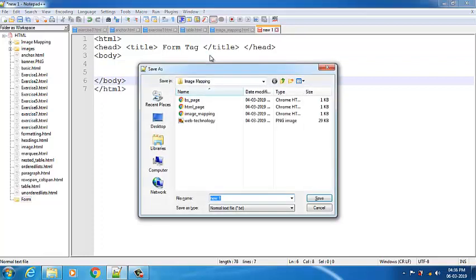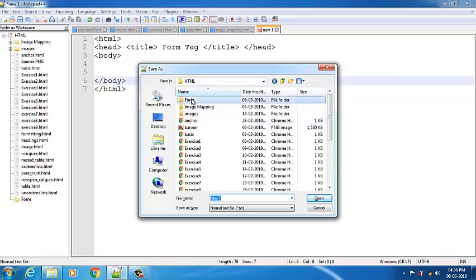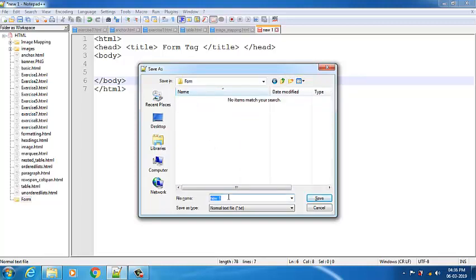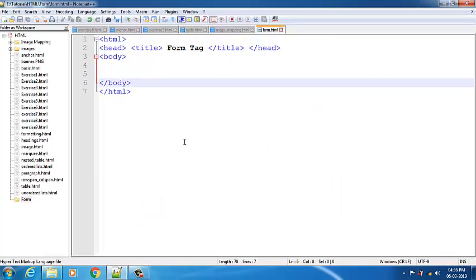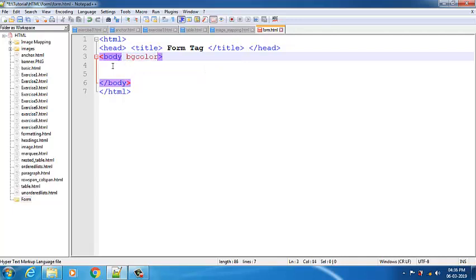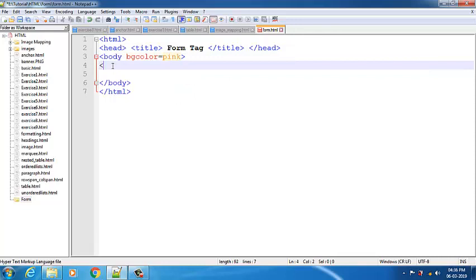Fine, let me save it. I'll go to form and I'll save it with form.html. Fine. So within that let me give some body color, bg color, suppose pink, and then I'll include